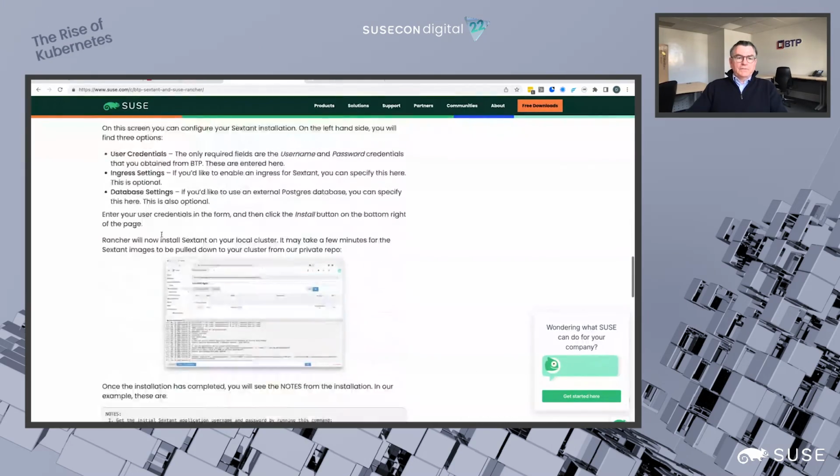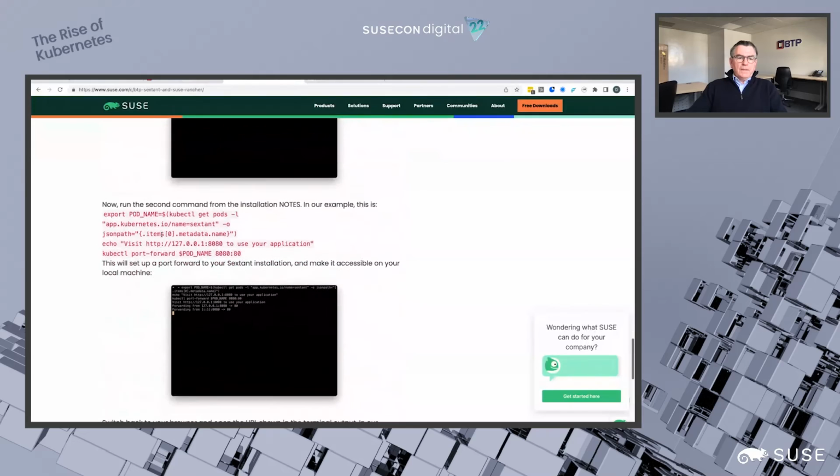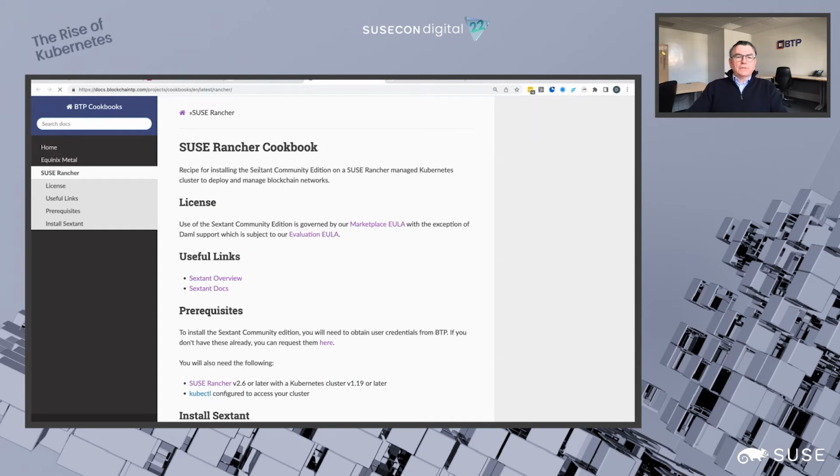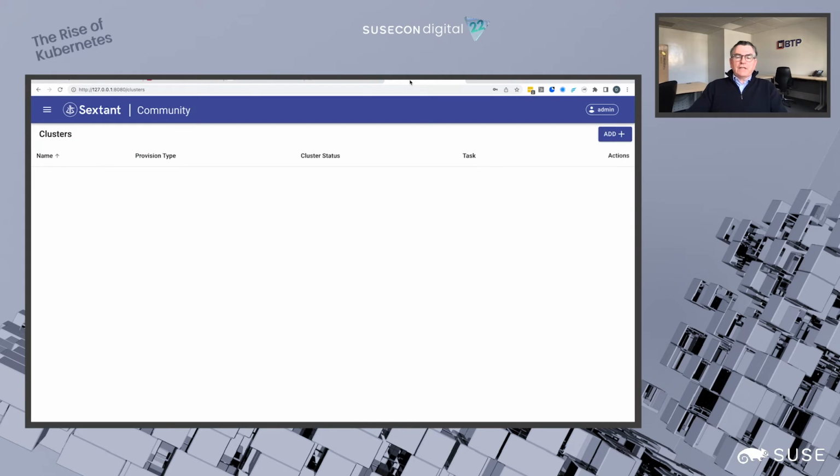So pretty much everything I've talked about here, and also available via a cookbook. So this is the SUSE Rancher cookbook that Alex created for us. So I'll stop there, and when we return, I'll then look at actually utilizing Sextant in order to create a